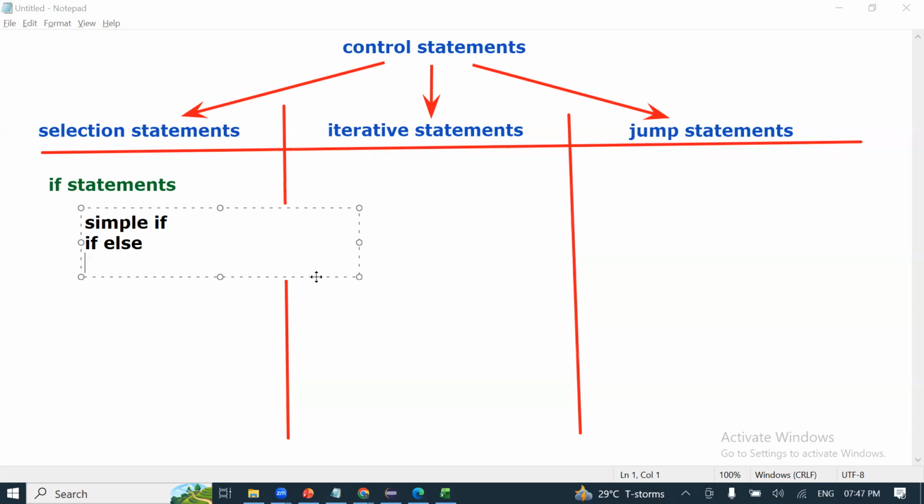Like that, you're getting it, right? There are multiple conditions and you are executing the corresponding statements.